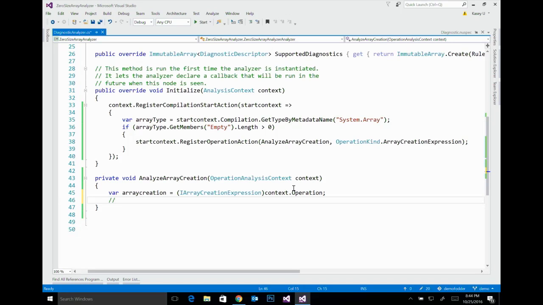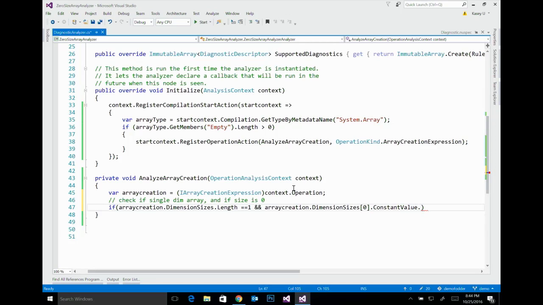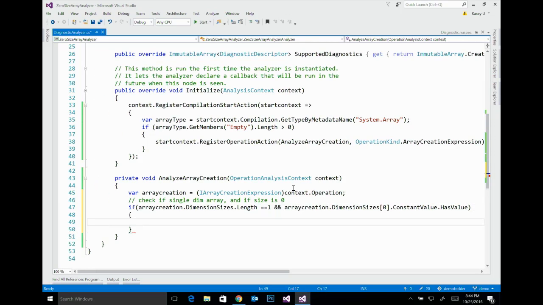And then all we want to do here now is check if it's a single dimension array and if size is 0. So that's all we have left to do. And then we're done with this diagnostic. So first we're going to say, does array creation, so we can now access the dimension sizes. So dimension sizes, see if the length is 1, see if it's a single length array. If it is, then we're going to go into dimension sizes, and we're going to access that constant value we saw earlier, see if it has a value. And if it does,